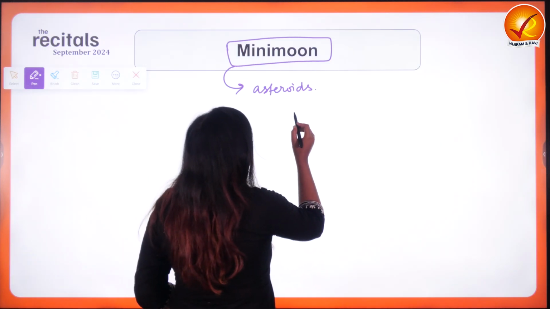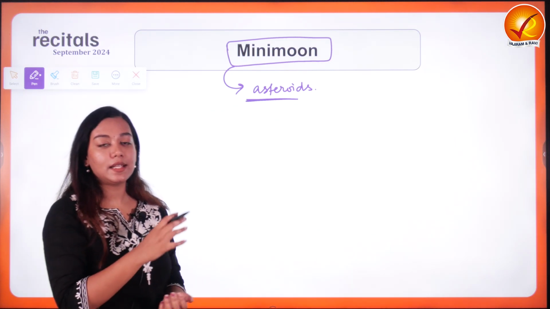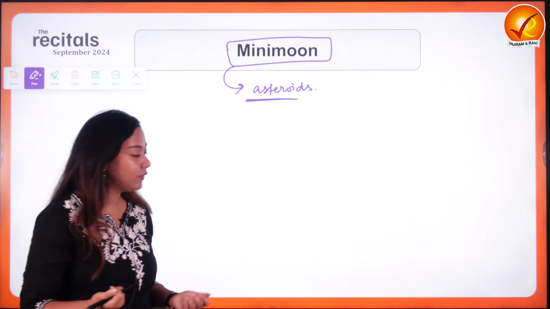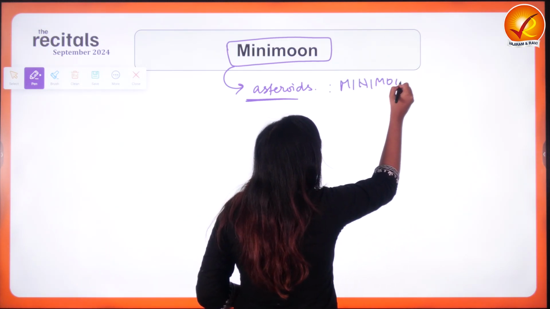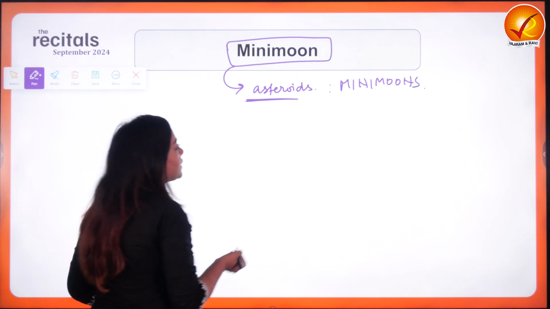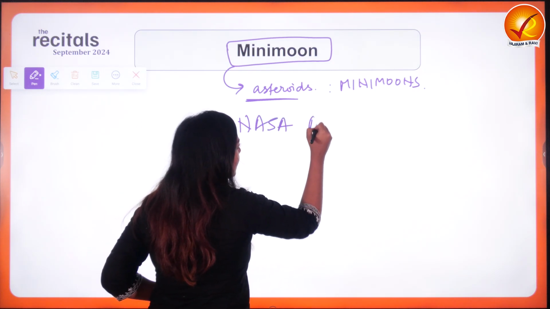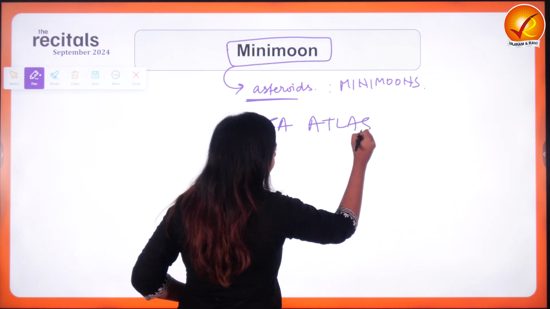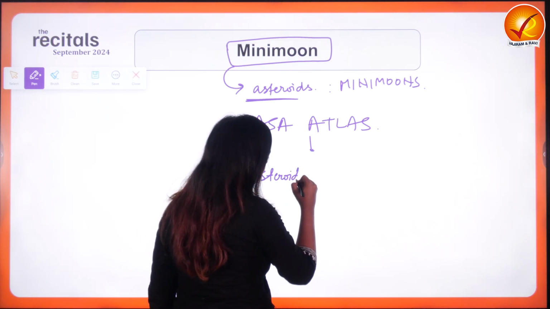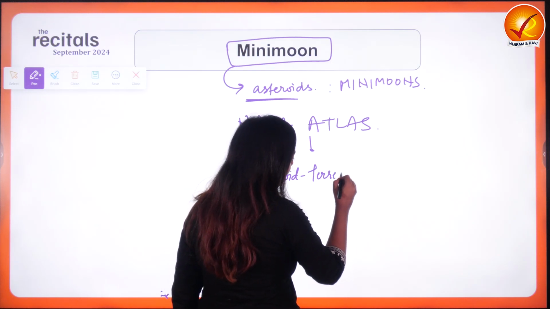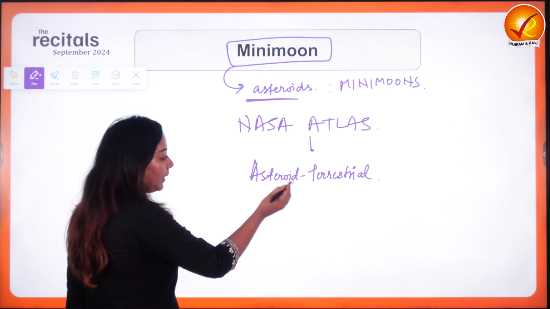Okay, so for a short time, if an asteroid is surrounding the Earth, which means it is captured inside the orbit with the pull of gravity of the Earth, then these asteroids are known as mini-moons. The mini-moon that is going to come in 2025 as predicted by NASA's ATLAS program. NASA's ATLAS program, which is the full form of Asteroid Terrestrial-impact Last Alert System, which means the impact a potentially hitting asteroid could make on the Earth.